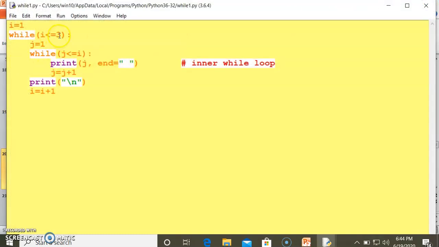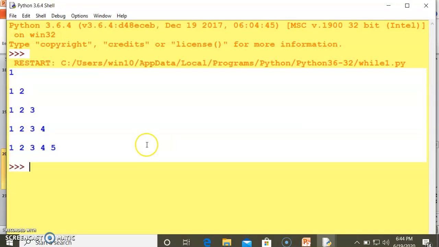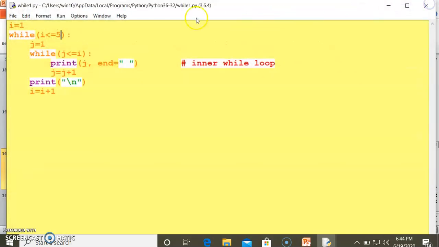See, if I change the value of this and run it, you see 1, then 1 2, then 1 2 3, then 1 2 3 4, then 1 2 3 4 5. If you increase the row, the columns automatically increase. See, I am increasing the rows to 10. So the columns automatically increase.